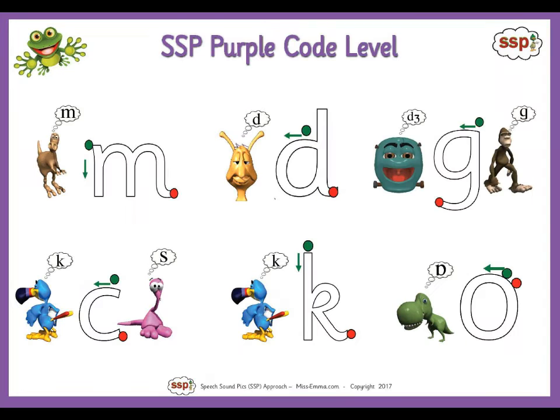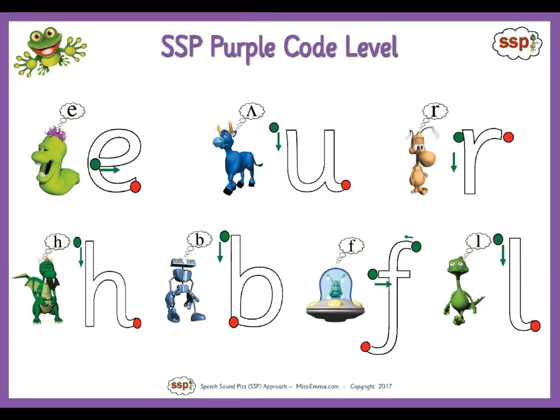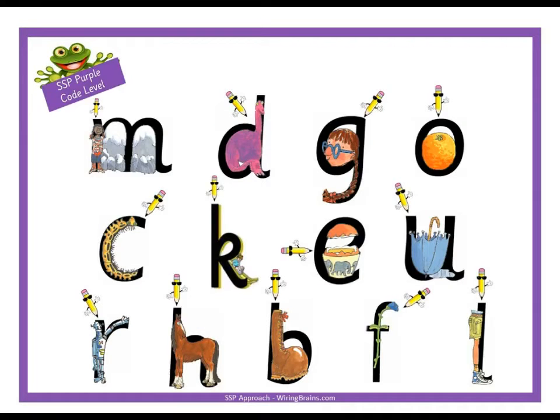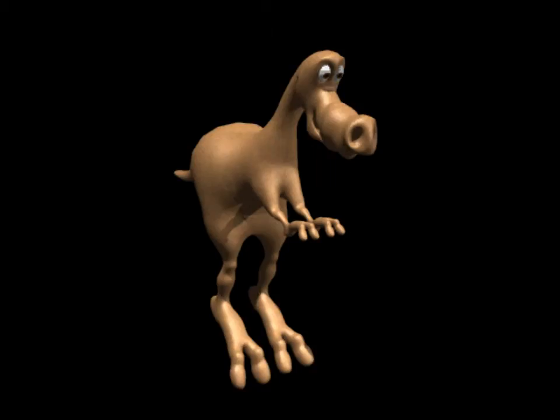Purple code level. We've got a d, g or j, o, s, k, e, r, b, f, l. Let's draw them. Monster